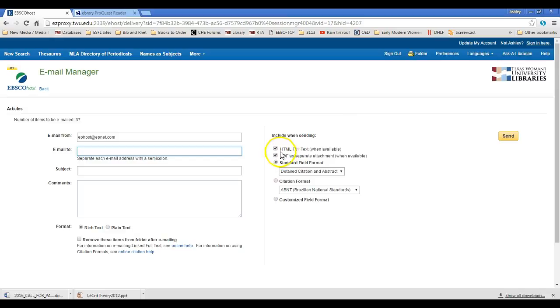Whenever available, I always ask it to send me HTML full text and PDF as a separate attachment. I like to put the search terms I used in the subject line or the comments so that, again, I can keep track of this information. Part of being a good researcher is being an efficient researcher.